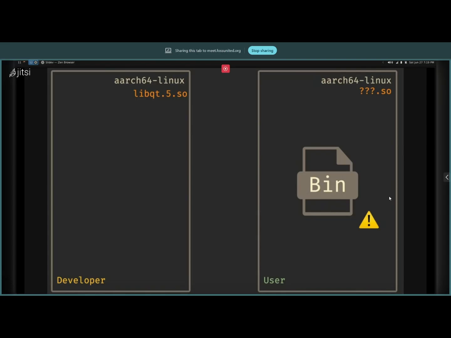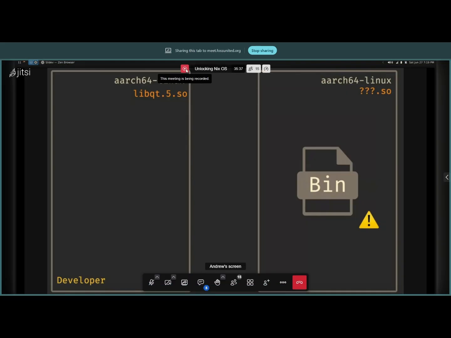So there is this initial concept called static linking, where, let's say I want to use some Qt features, then I literally have the Qt code compiled and shipped within the app. The problem with that is your app size is going to be bigger.